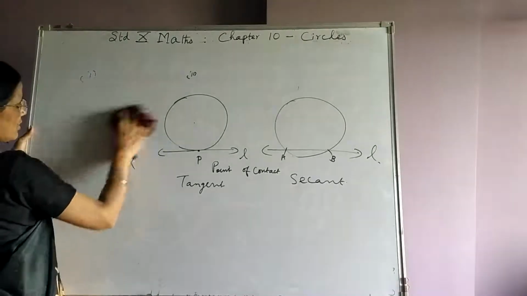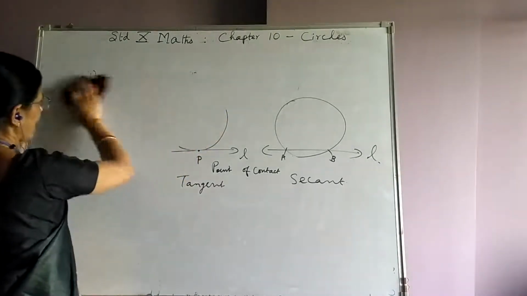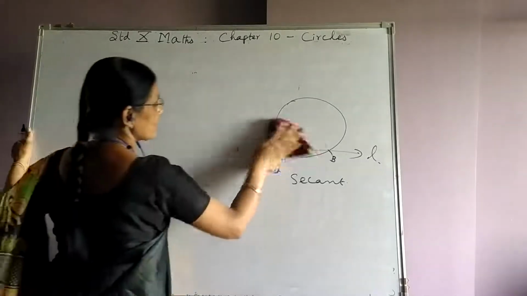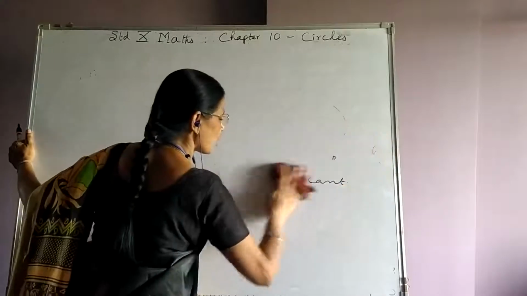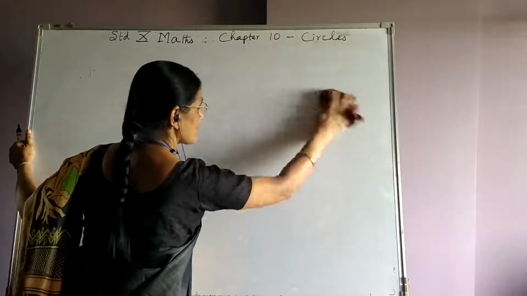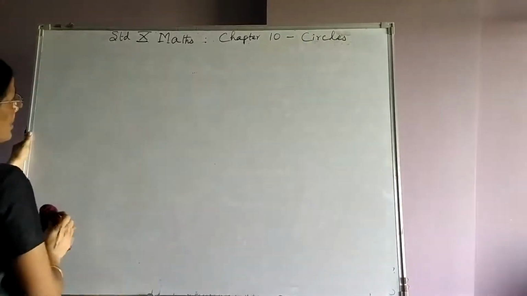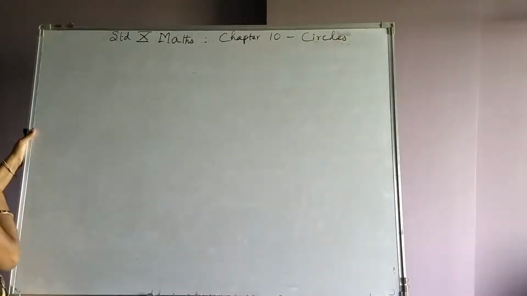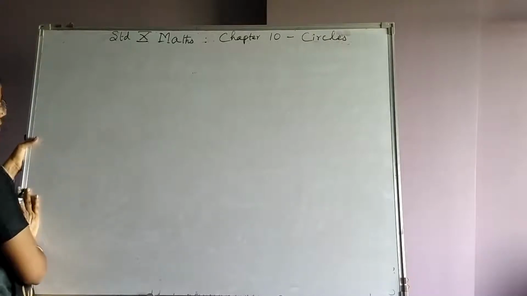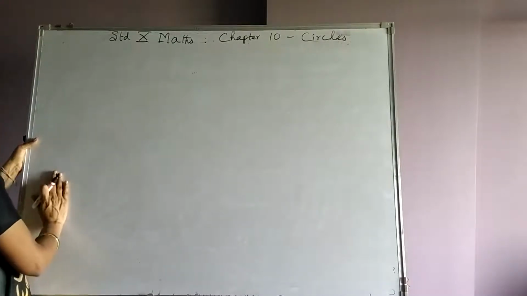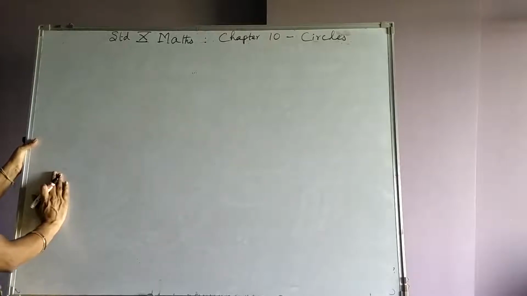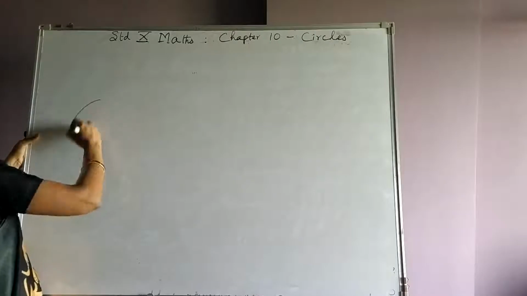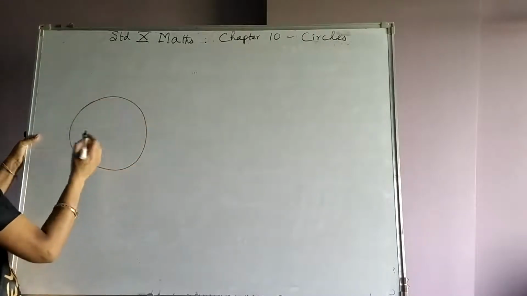So we understood what is a tangent of a circle and a secant of the circle. The difference between a tangent and a secant is that a tangent intersects the circle only at one point. Either we say it intersects the circle only at one point, or we say the line touches the circle. And what is a secant? A secant is a line which intersects the circle at two distinct points. Otherwise, it is defined as a line containing a chord of the circle, also called a secant of the circle. Okay. Now again I have drawn a circle.